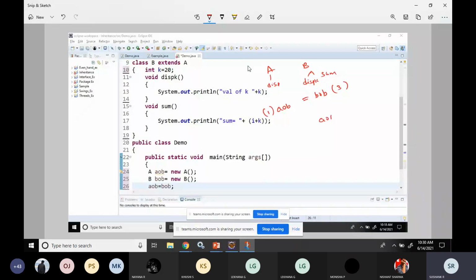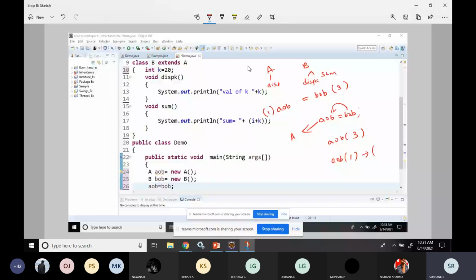So if you write a line like this, after assigning BOB to AOB, we thought that even AOB can access three functions. But here the type of object assignment doesn't matter. What matters is the type of this AOB. The type of AOB is A, and the objects of A can access only one function. So even after writing this line, AOB can access only one function, the one available in class A. This is what I just wanted to convey. Any doubts regarding this? You got this, right?